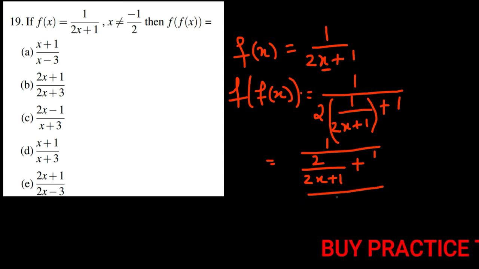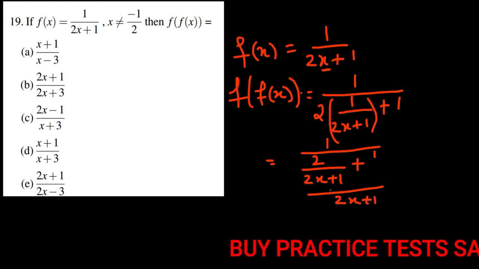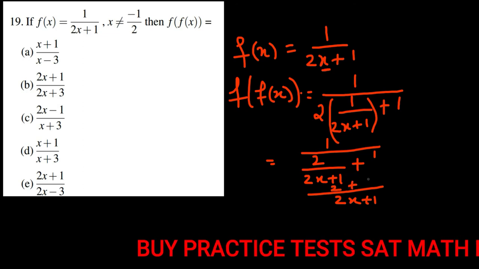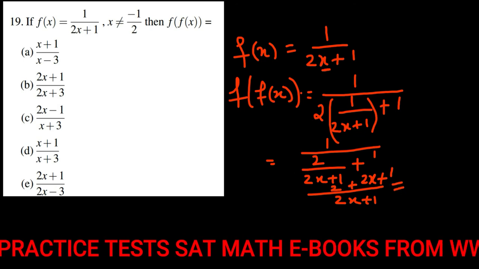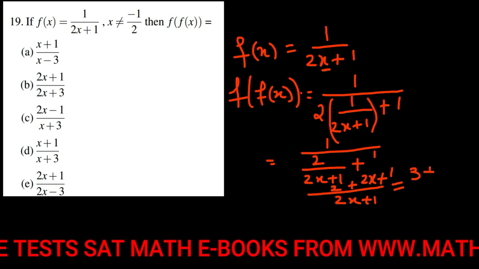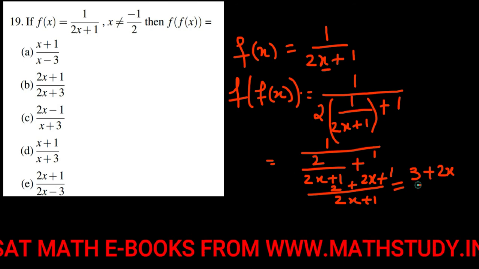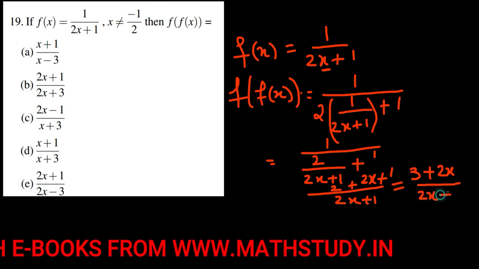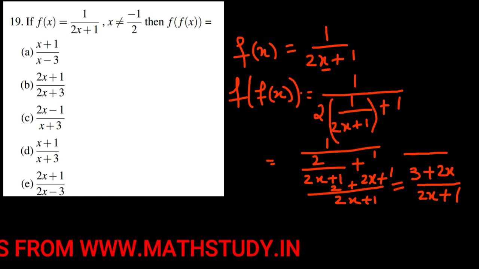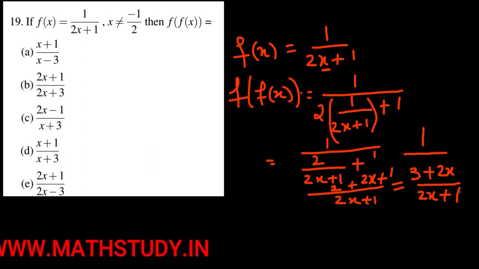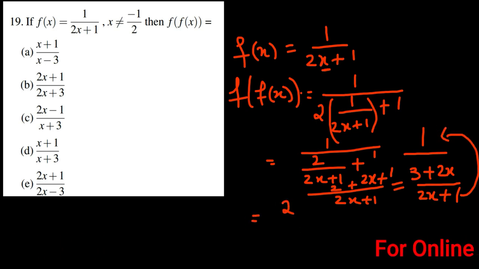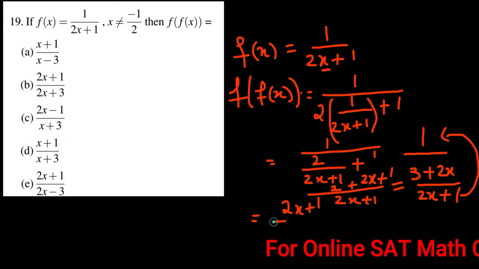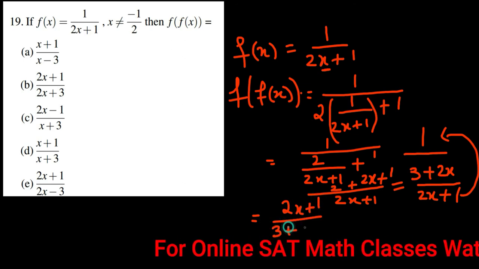So what we'll do here, just write it like this way, 2 upon 2x plus 1, right? So now taking the LCM here, we will get 2x plus 1. Now here we will get 2 obviously, plus here we will get 2x plus 1, right? So what we'll get here now, 2 plus 1 is 3. So 3 plus 2x upon 2x plus 1, right? So here we got our answer in the denominator, right? Now what we'll do, we have to just take this 2x plus 1 to the numerator, right? At the numerator we will get our answer like 2x plus 1 upon 3 plus 2x, right?